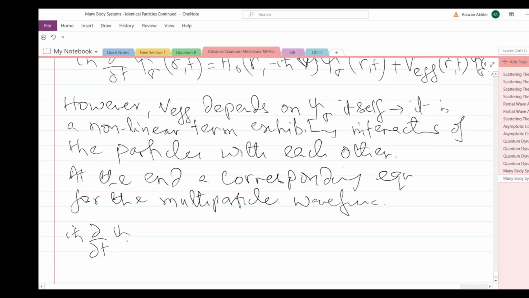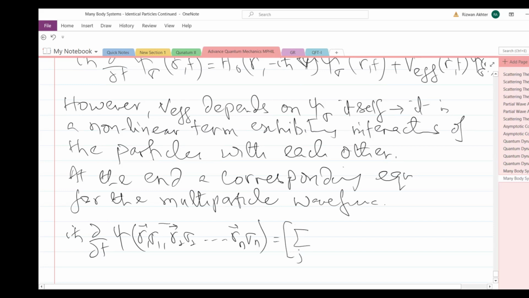Then we have this operator, and we have r1 sigma 1, r2 sigma 2, and so on up till rn sigma n, and this is equal to